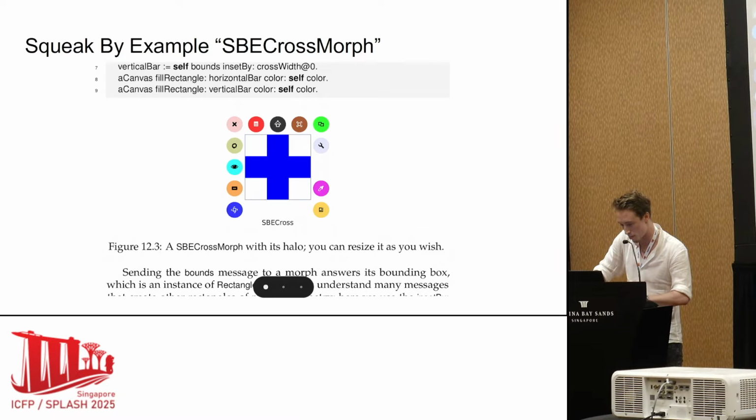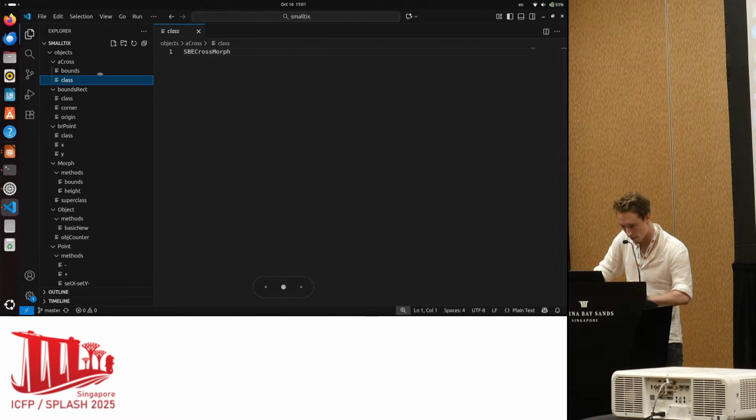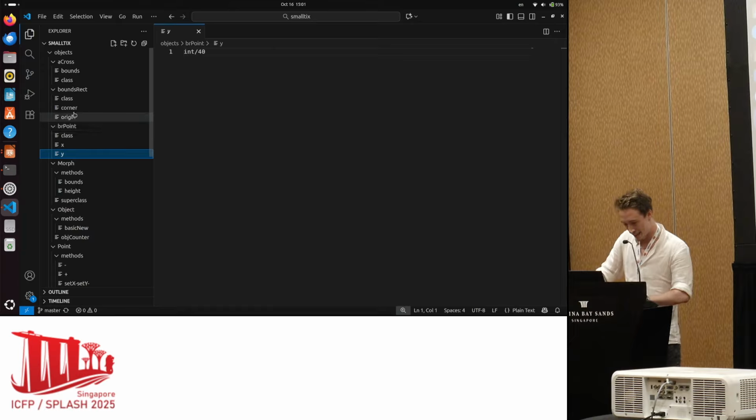So I think that's representing the entire bounding box of this thing. And it has a bounds variable, and what is bounds? It points to bounds rect. So what's bounds rect? Well, bounds rect is a rectangle, and it has a corner, which is bottom right point, and origin, top left point. Bottom right point is a point, which has an x and a y.